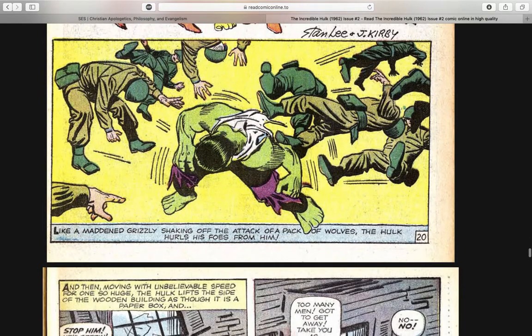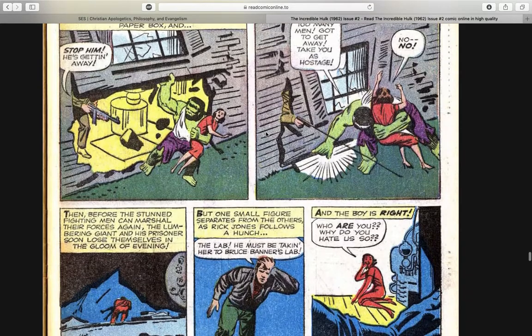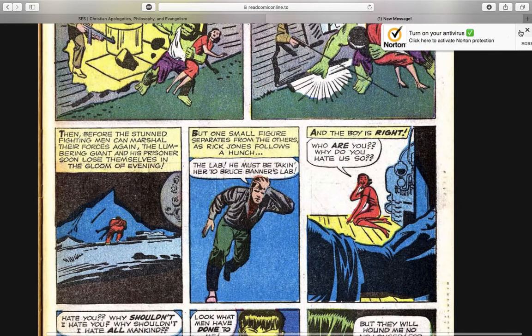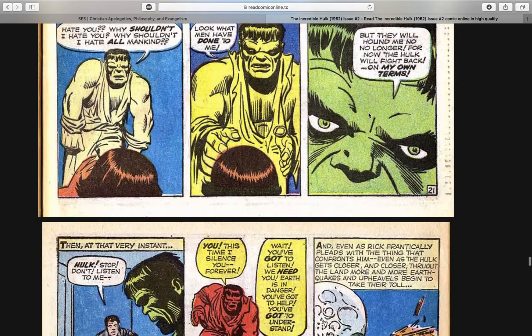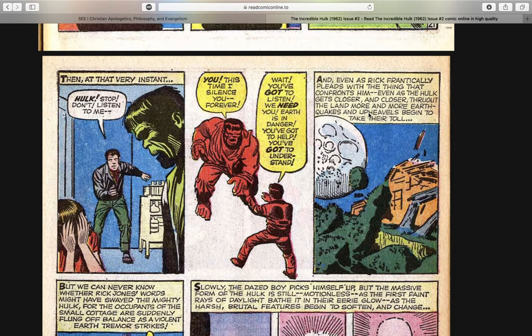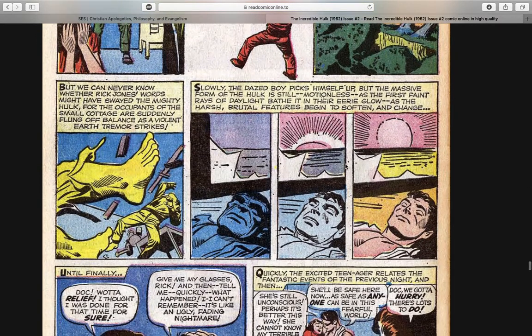the army men are trying their best to just defeat the Hulk, but as we see, the Hulk is unstoppable, and the Hulk then gets away here. And so we see that Rick Jones is going to follow closely by. He tries to stop the Hulk, but all of a sudden, as they are in commotion, the moon continues to reach closer and closer to the Earth, and it causes the sun to come up, and that changes Hulk back